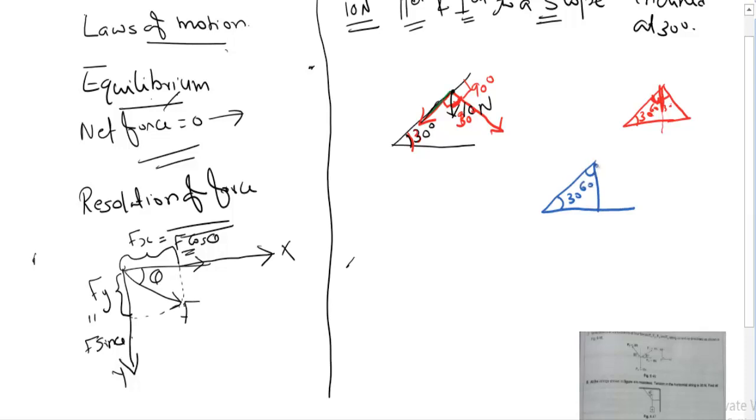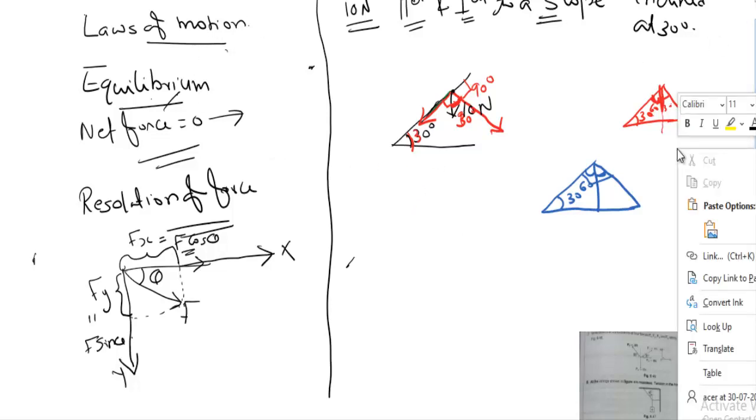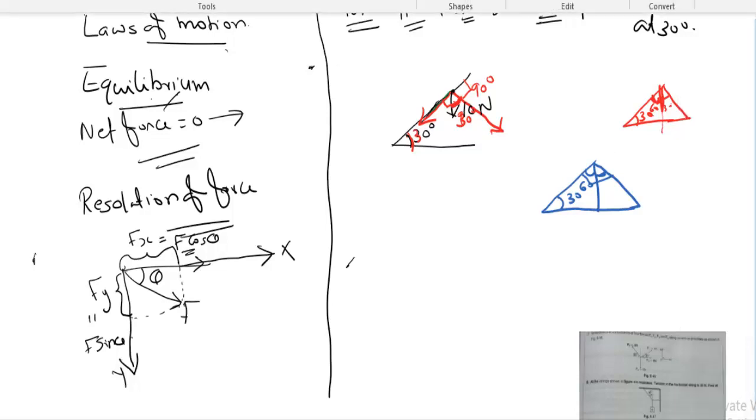And we know that from here I am dropping one perpendicular, so the whole thing will be 90 degree. So what will this much be? This much will be 30 degree. Okay, clear children? So here we get an idea of how we can find out this angle. Here I am representing the angle like this.